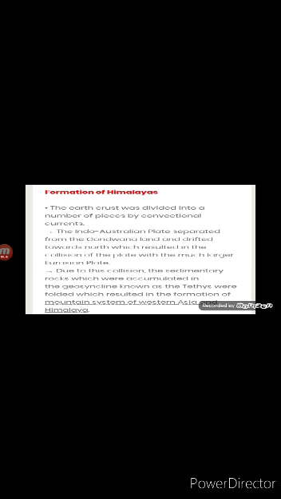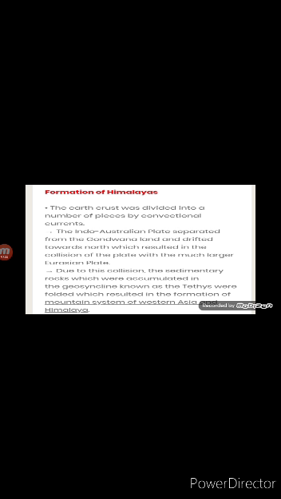Now children, formation of Himalayas. The convection currents split the crust into a number of pieces, thus leading to the drifting of the Indo-Australian plate after being separated from Gondwana land towards the north. The northward drift resulted in the collision of the plate with the much larger Eurasian plate. Due to this collision, the sedimentary rock which was accumulated in the geosyncline known as Tethys was folded to form the mountain system of Western Asia and Himalayas.